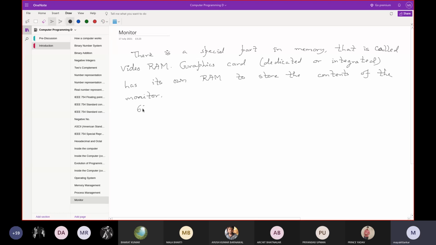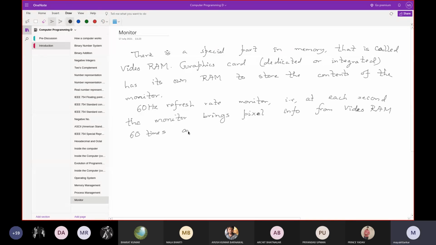Now, if it is a 60 Hz refresh monitor, that means every second the monitor brings pixel information from video RAM, whether it is integrated or a dedicated graphics card, 60 times, and shows that on the monitor.